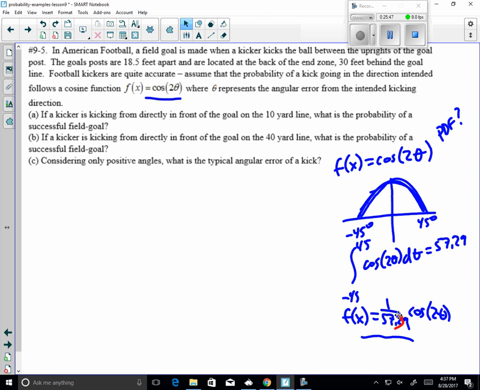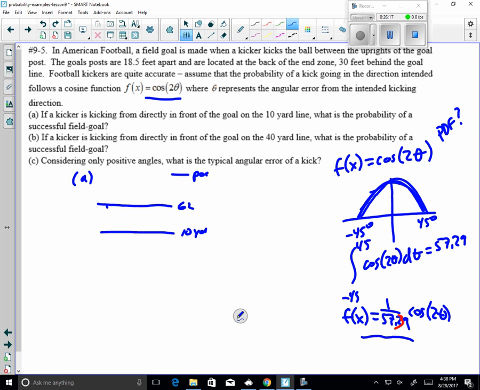And it says if the ball is being kicked from directly in front of the goal line on the 10-yard line, what's the probability of a successful field goal, which means it goes through the uprights. So let's try to draw a picture of the situation. Here's the goal line. We're on the 10-yard line, which is maybe here, and it says that the goal posts are 30 feet behind the goal line. So this is where the posts are, and this is 30 feet,